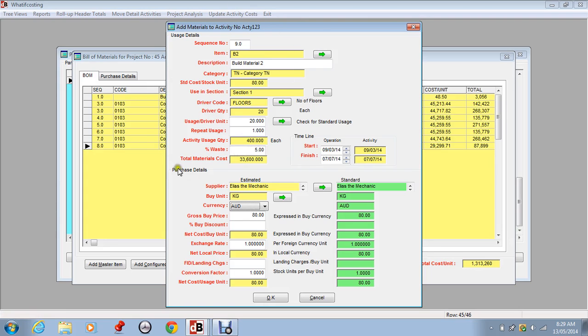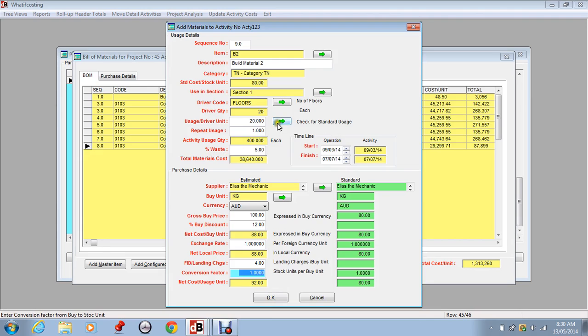And this section below here, this shows how the materials cost is generated for this item. It's a purchased item, and we're saying here this is at the moment as per standard, and we can now further refine the price at which we're going to be using this item if it's indeed not going to be the standard item. We can put in here 100, maybe a discount, and we're putting it in Australian dollars because that supplier is in Australian dollars, and we might have some further costs involved in landing that item or getting it ready. So we're down to a total cost of 92, which gives us, for our 400 units,